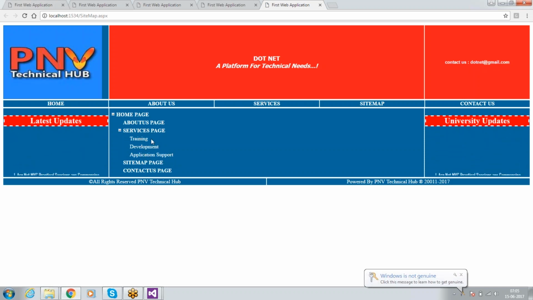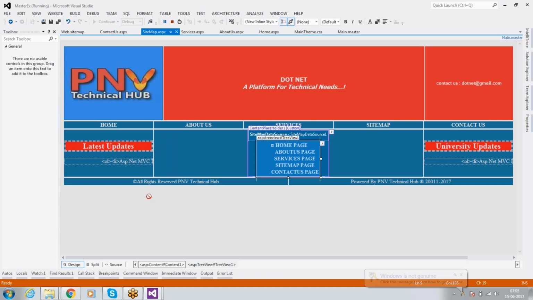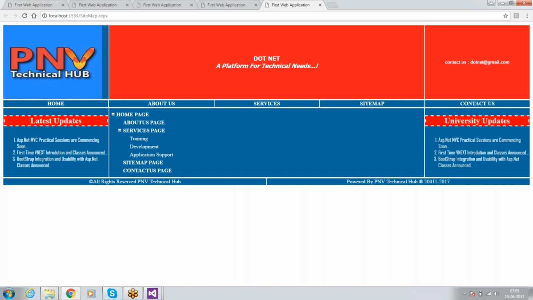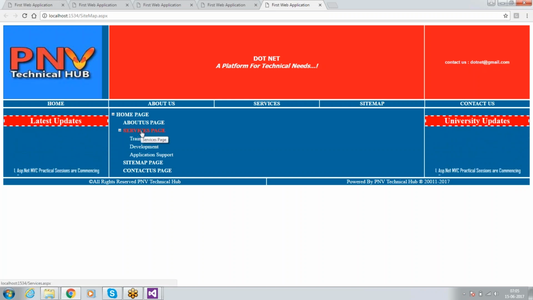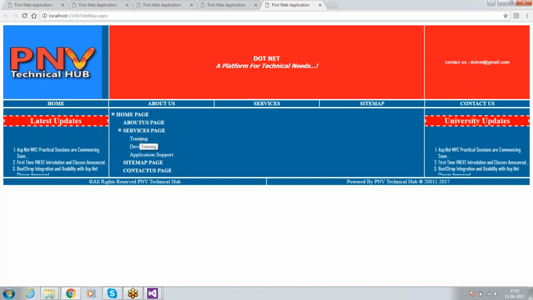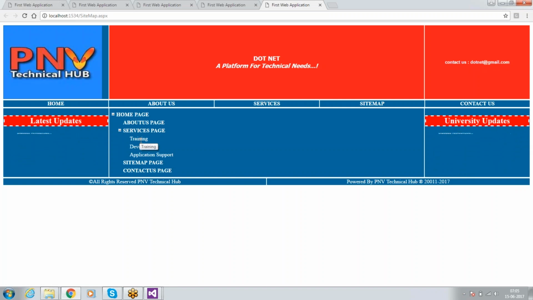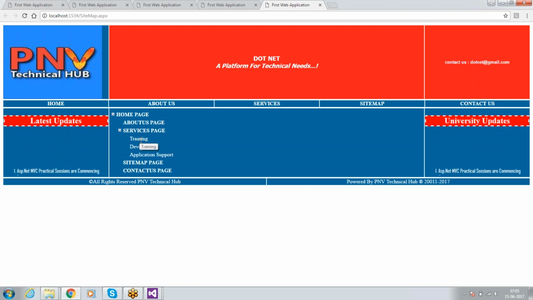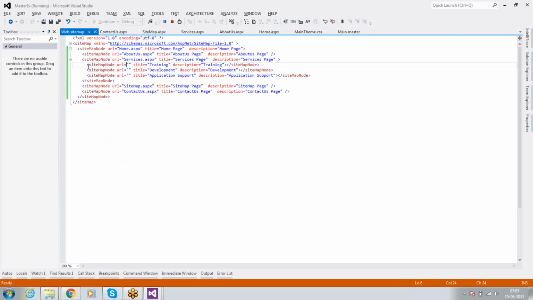Here we don't have any URL, that's the reason we didn't provide any URL. So the URL is empty. If you give the URL, we automatically get the hover link for us, so that when we click on this, it will navigate to the particular page itself. In this way, if we have child elements, we can deal with them by providing our code under the parent tag.